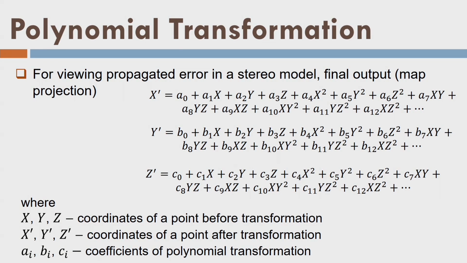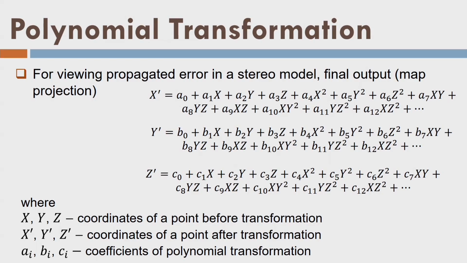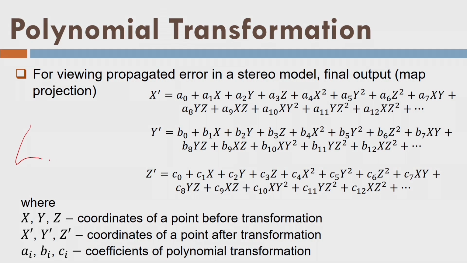Now, polynomial transformation. This transformation is not for image rectification, but it is a 3D transformation between two coordinate systems. Let us imagine that you have developed a stereo model using stereo images, and you want to bring the local coordinates of the stereo model into an object coordinate system. So, what will you do now? The simple idea is we assume that the XYZ model of the stereo can develop some kind of polynomial model like this kind of surface. I will measure some points here in the stereo model, each point is x, y, z.